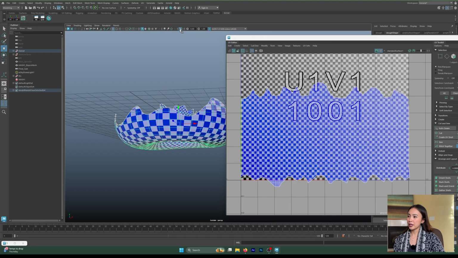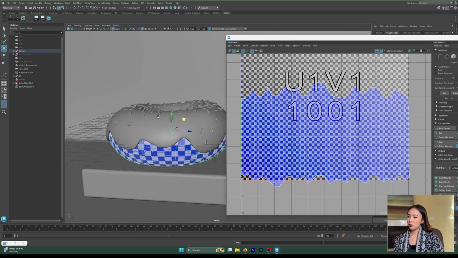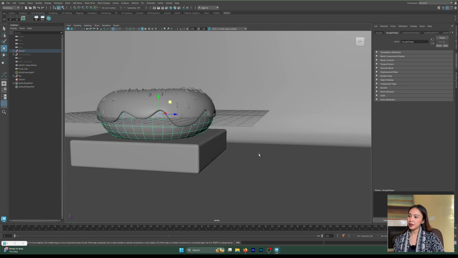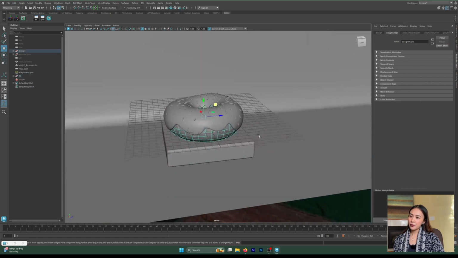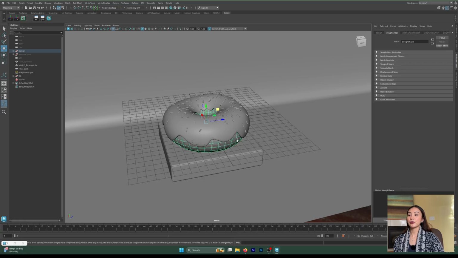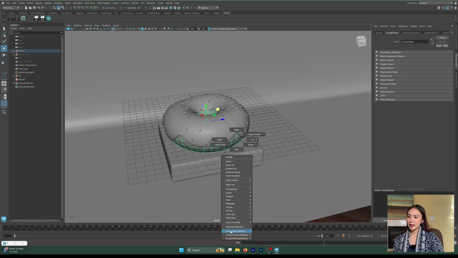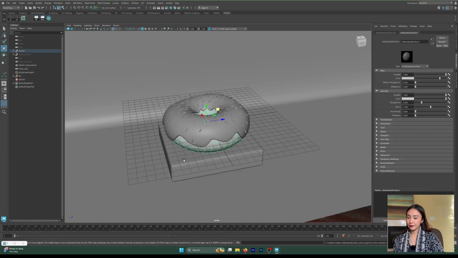So now we can try this UV. Now that we did that UV, what I want to do is apply a shader first. So right click, assign new material, Arnold, because we're using Arnold to render, and I wanted to use AI standard surface and name it like the bread